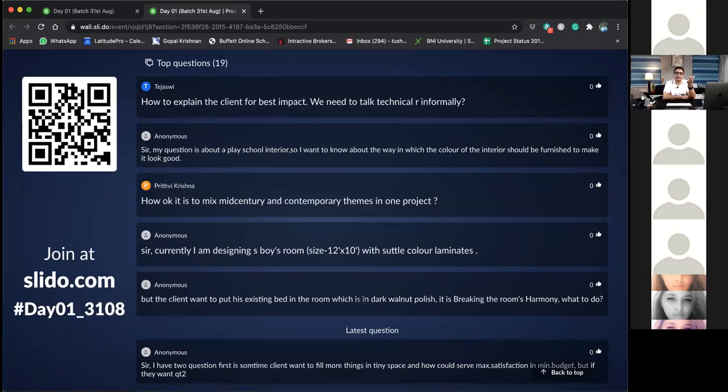Before that, go and visit and see what bed it is. If the bed can be spray painted, and whatever color theme or harmony you are using, you can repaint the bed. The customer can reuse the bed, and you can still do what you want with the interiors and get the elevated feeling. I think it is then a win-win for both of you. You can do what you want, and the customer also doesn't have the pain of throwing out that bed for no reason. So that is what you can check with your customer.